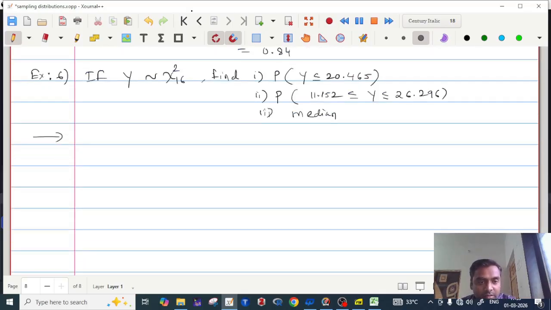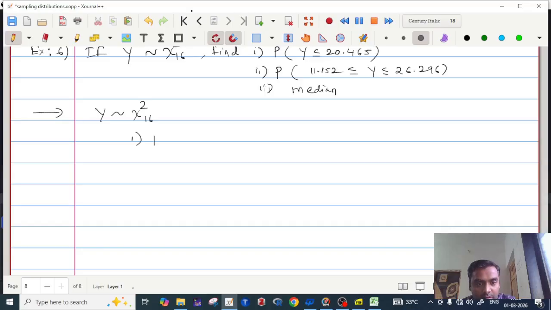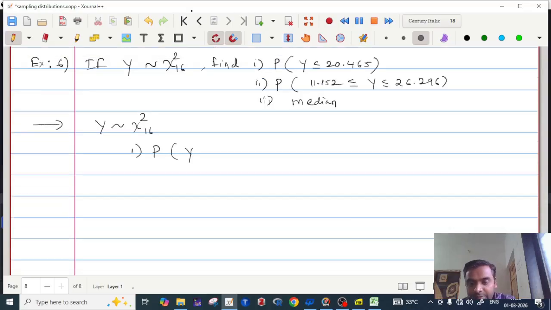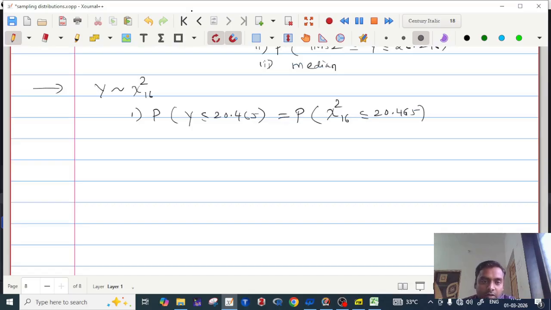Let's see its solution. Y follows chi-square with 16. First, probability of y less than or equals to 20.46, which is equals to probability of y, chi-square, less than or equal to 20.6, and for chi-square distribution the probabilities are